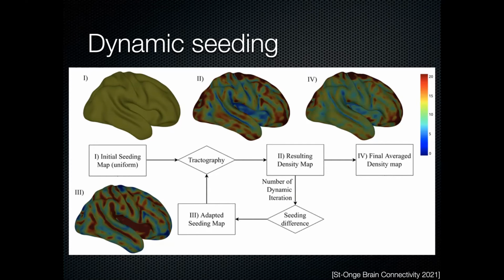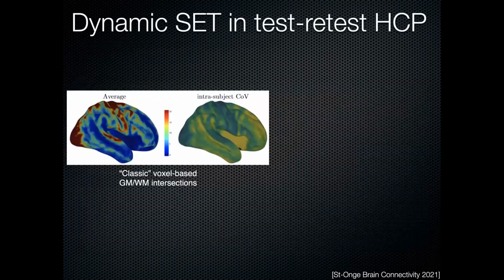So of course, this is very new. This has to be validated, evaluated. But so far, based on our test-retest database of the Human Connectome Project, this really seems to improve connectivity. So here is a first image. If I just use classic tractography with intersection with the voxel-based FreeSurfer map. So white matter, gray matter interface from FreeSurfer, and I just intersect tractography with that, just like most standard